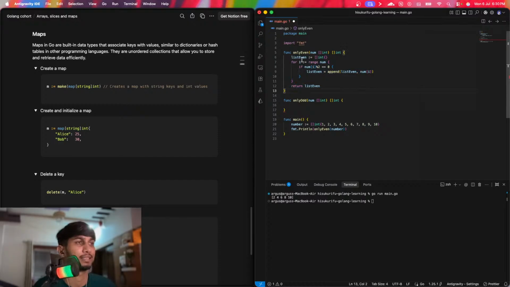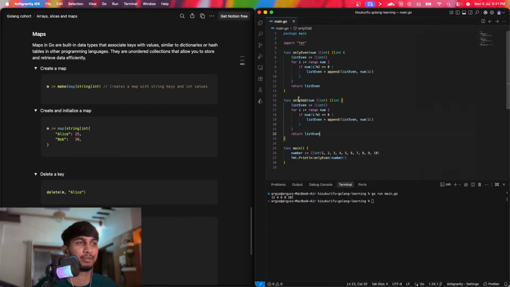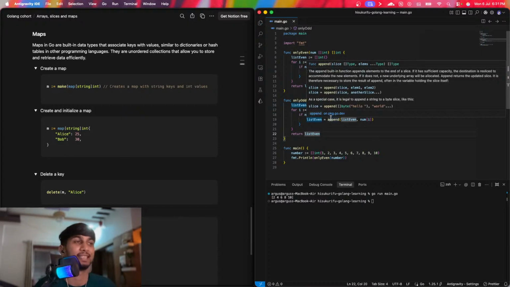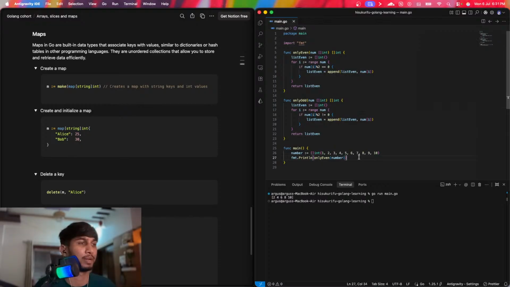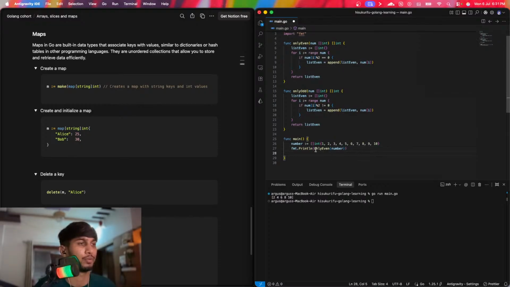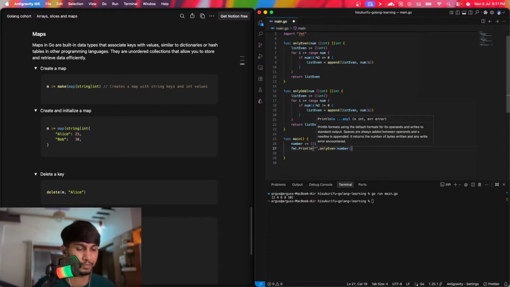So we are defining this list even for that function only. It's like private to that function only, not public to everybody else. And if it is not equal to 0, then it's an even one, then it's an odd one, my bad. So if I do this, even slice,